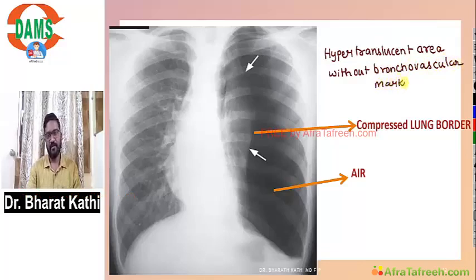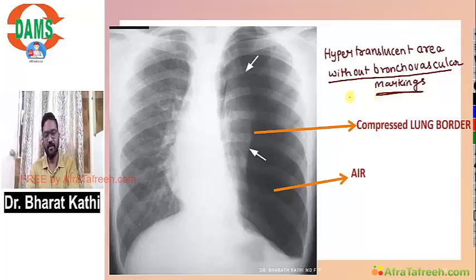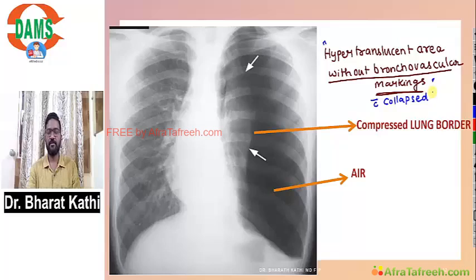Last year for my postgraduates, the examiner asked only basic things. But he was particular about this phrase, without bronchovascular markings. If you just say hypertranslucent area, he said you are a postgraduate, you should tell it in a systematic manner. So he wanted: hypertranslucent area without bronchovascular markings, with collapsed or compressed lung margin,